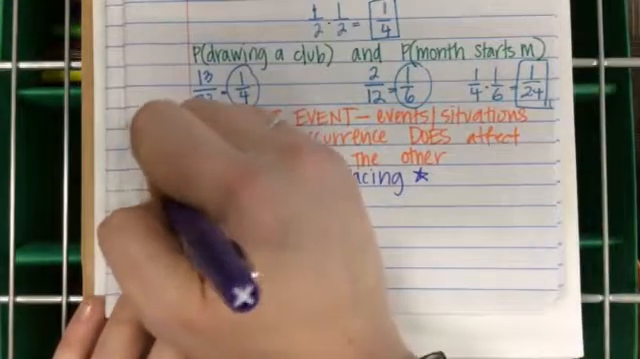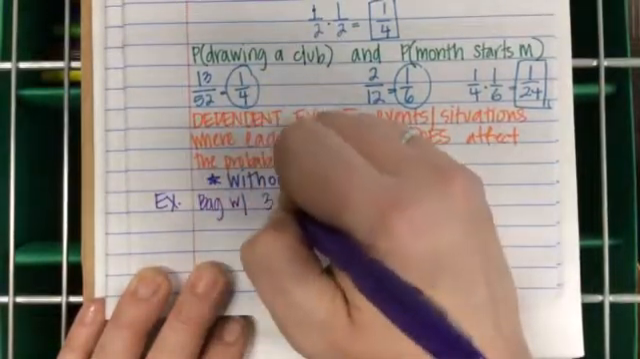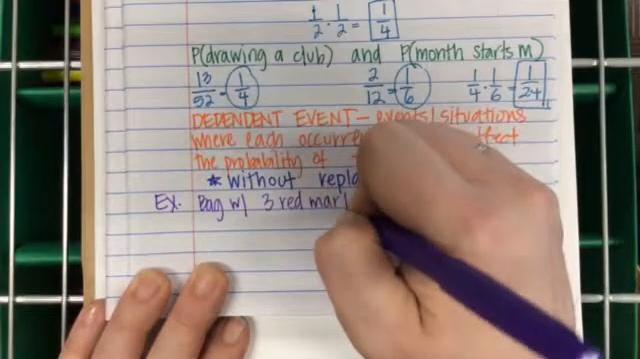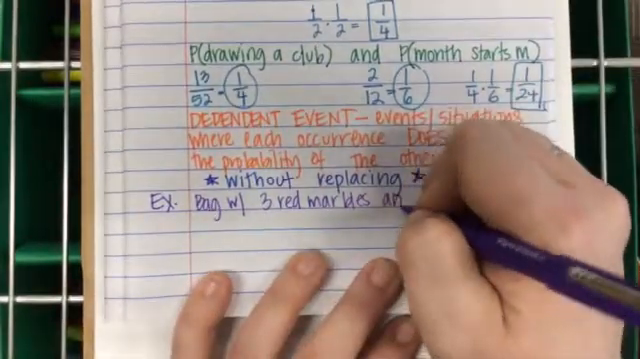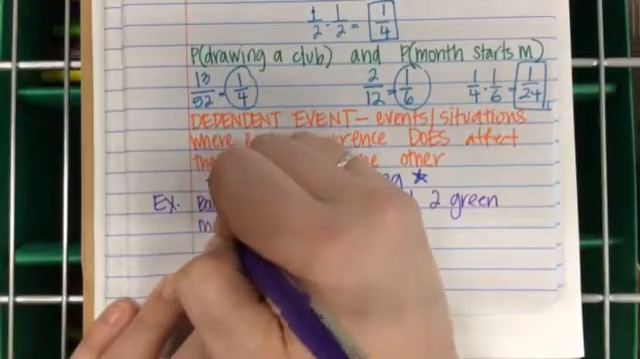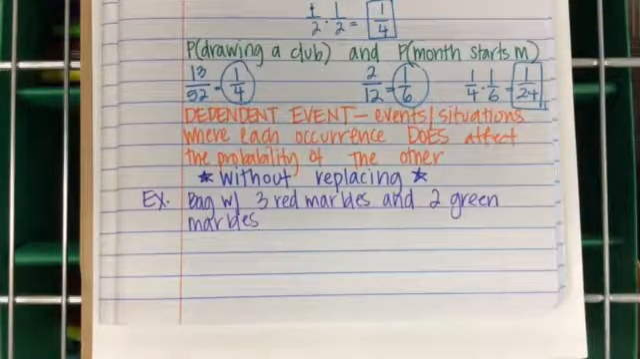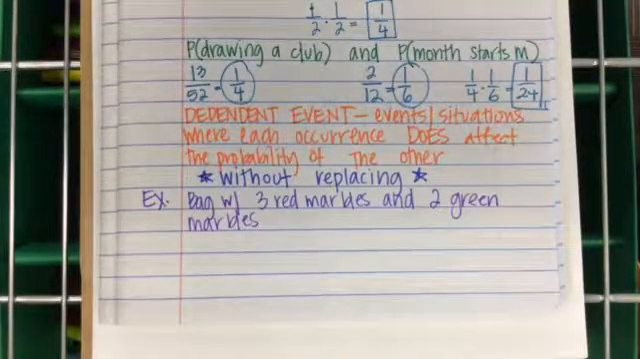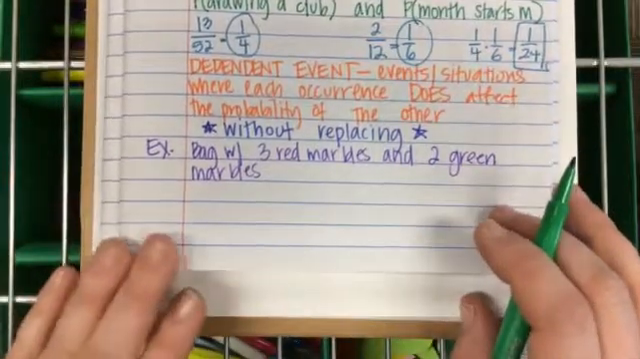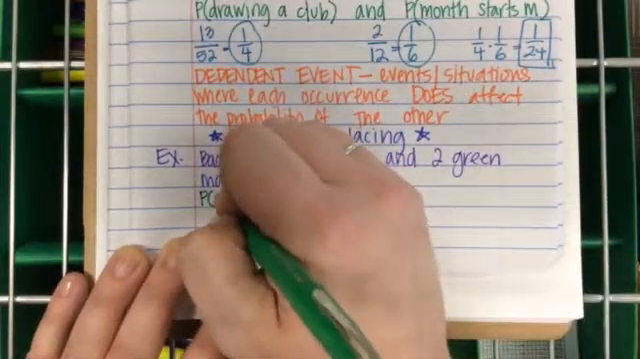So here's our example. Let's say you have a bag with 3 red marbles and 2 green marbles. What's the probability of a green